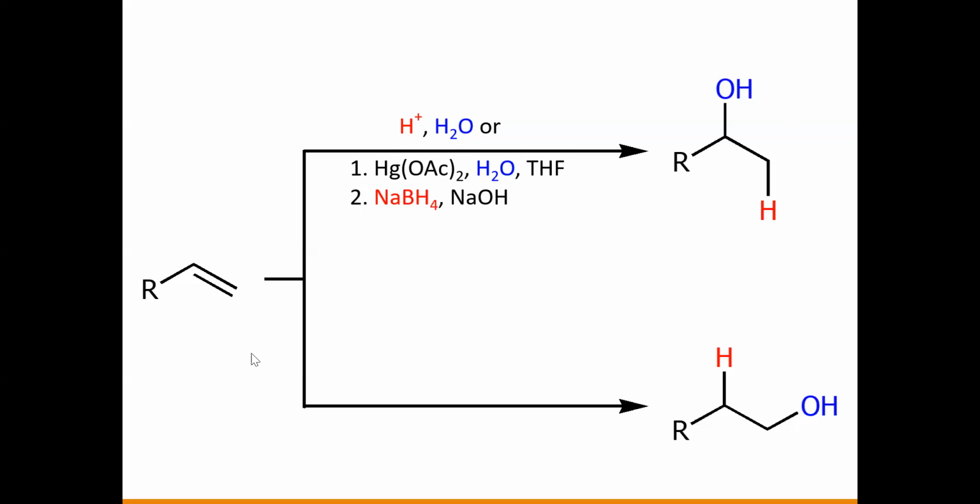But if you want the anti-Markovnikov addition, meaning this one is the carbon which contains a higher number of hydrogens, you have two hydrogens here and this one has only one hydrogen. Supposedly in the Markovnikov, this is where the hydrogen should be added, so you have your CH3, and this is where the OH goes. But if you get a primary alcohol like this one, it follows the anti-Markovnikov addition. So you get a 1-degree alcohol instead of a 2-degree alcohol. So for this kind of product, you would opt for the other reagent, which is the